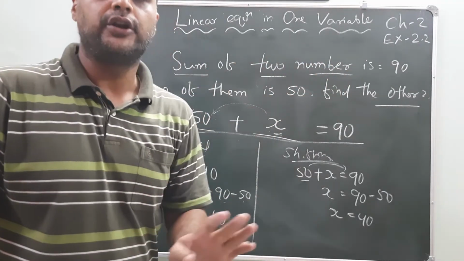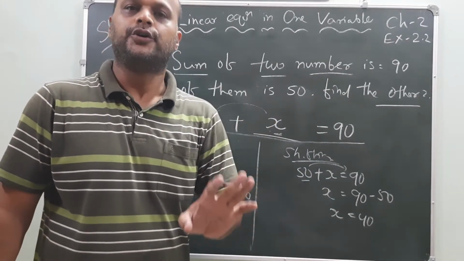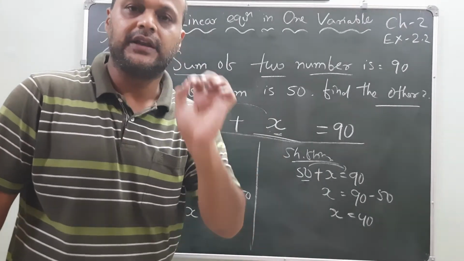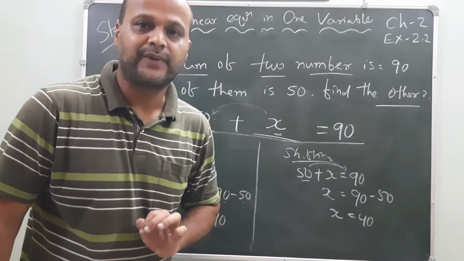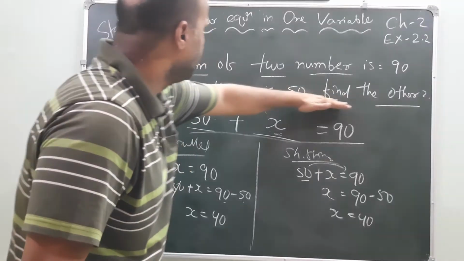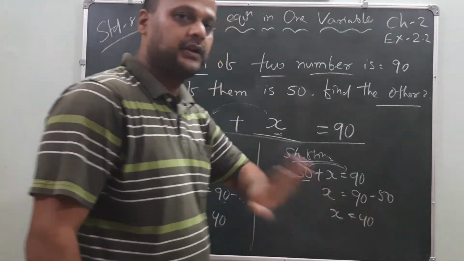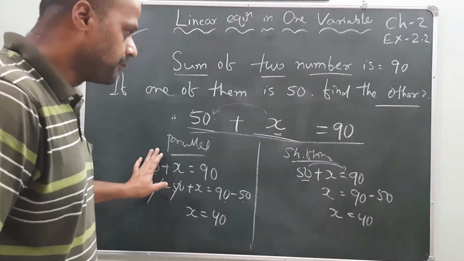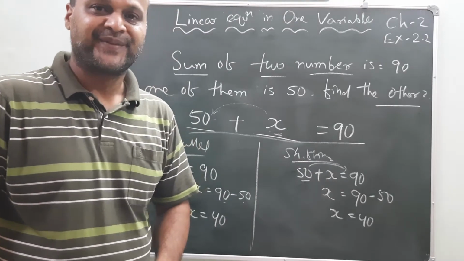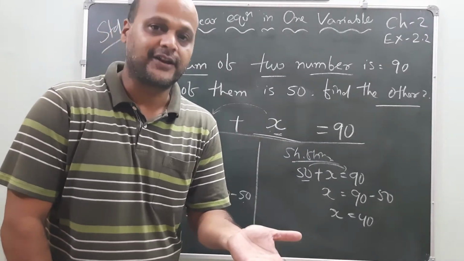To understand that one, you have to read it carefully once, twice or thrice, whatever it will be, so that you can write the statement in equation form in a very correct manner. Understood, my dear friends? Now this is the process of how a statement is given and how you will find out the value of the variable in two processes. What is that? Parallel process and shifting process. Understood now? So let's go to another one.